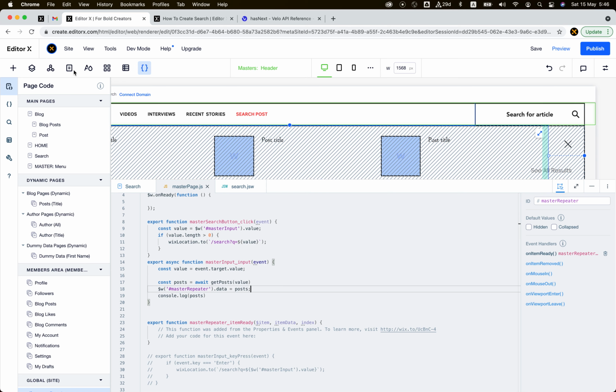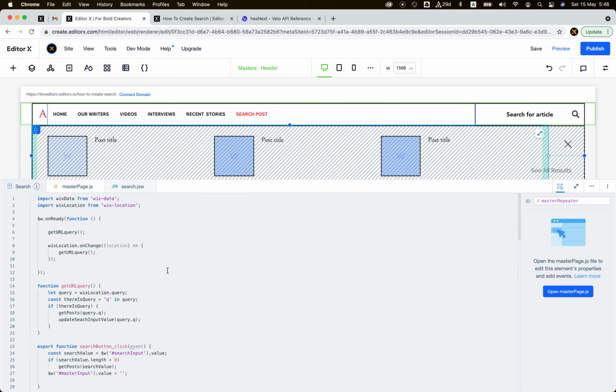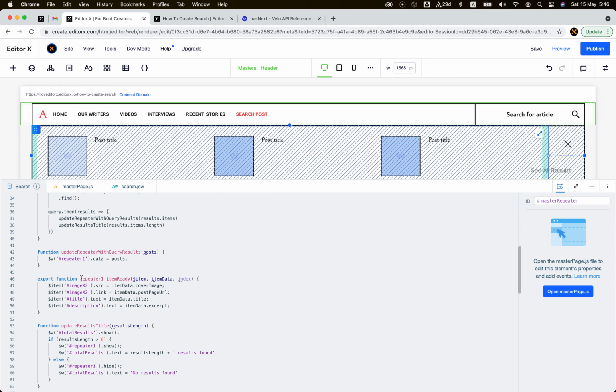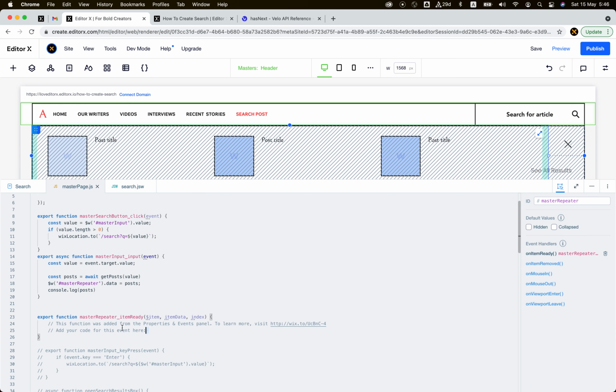But we already create this function inside the search page, so we can basically go here, and you can see we have repeater item ready. So we can just copy this one, go to the master page and paste it here,